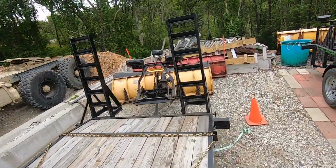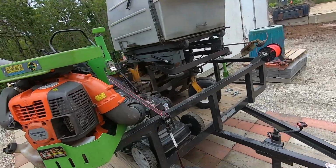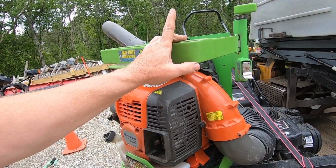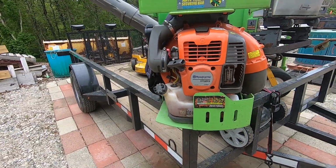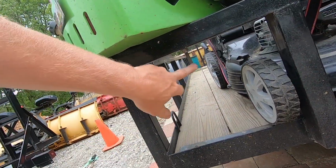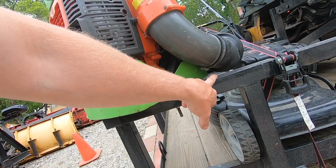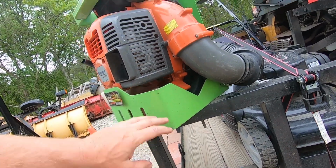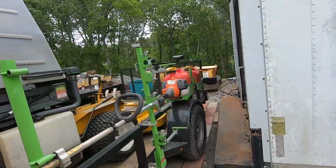But anyways, the purpose of this video is to update on the racks, Green Touch racks. This backpack blower rack that I mounted kitty corner has been working out great. It is nice and strong because I bolted through the tubular. This is 1.5-inch tubular trailer. It's not the angle. So when you buy racks, the main reason for this video is when you buy racks